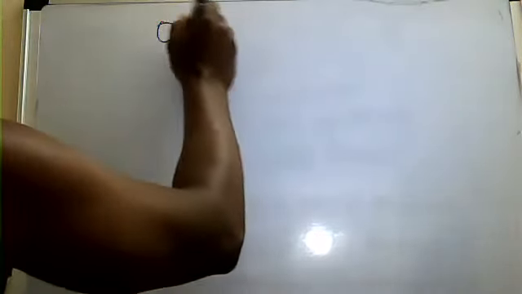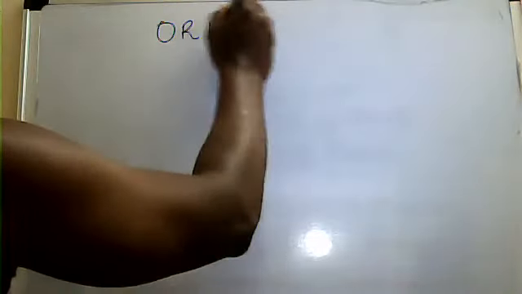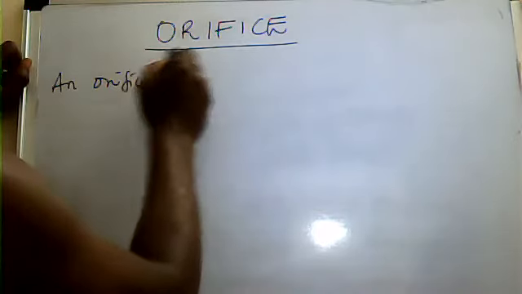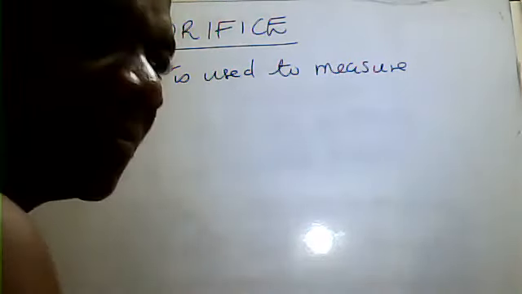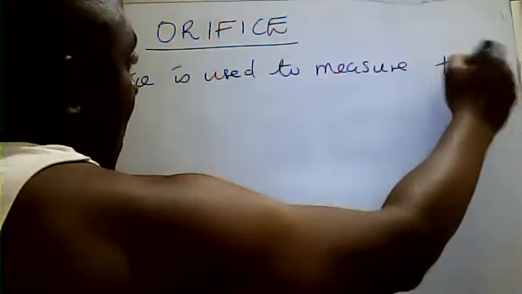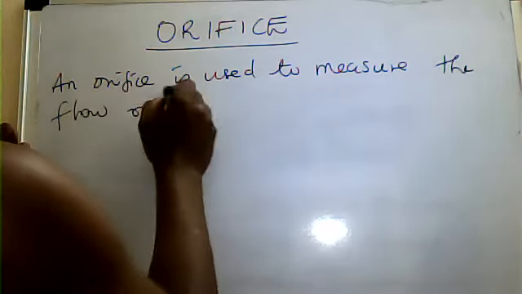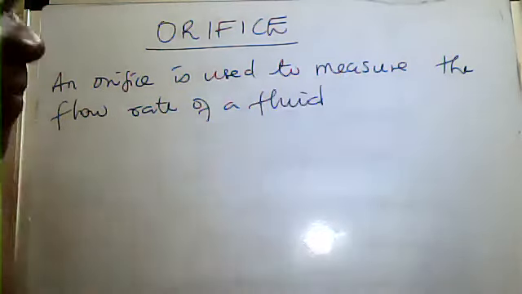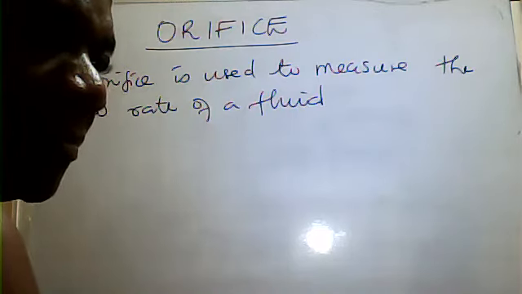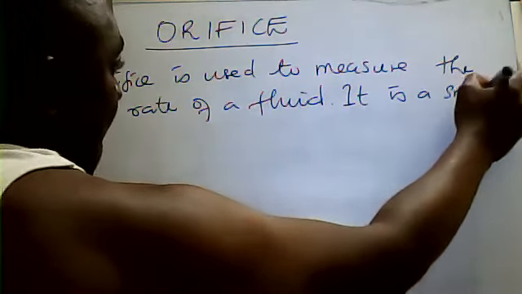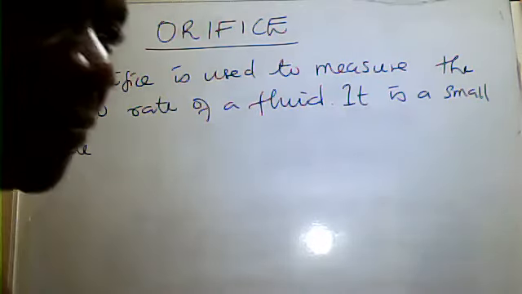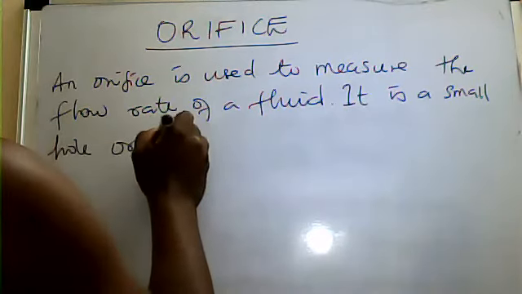So, what is an orifice? Okay? An orifice is used to measure the flow rate of a fluid. It is a small hole or simply an opening